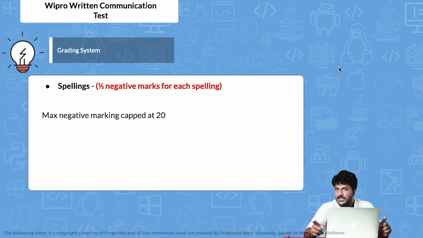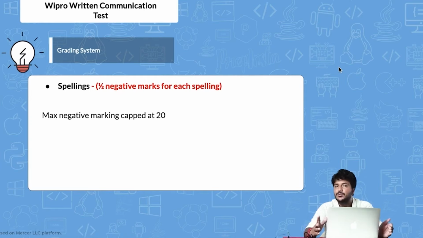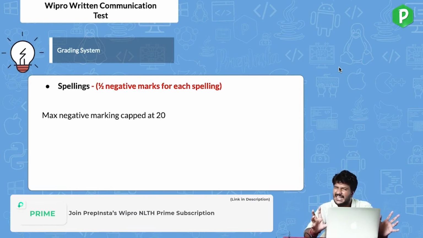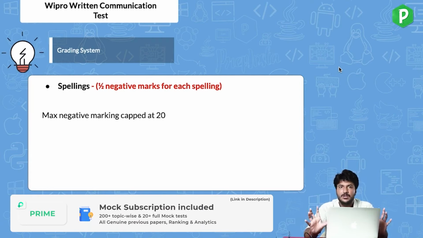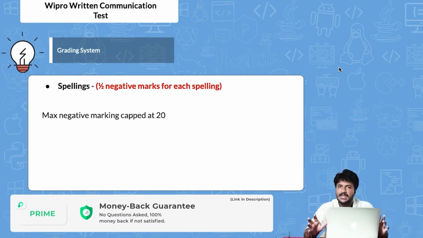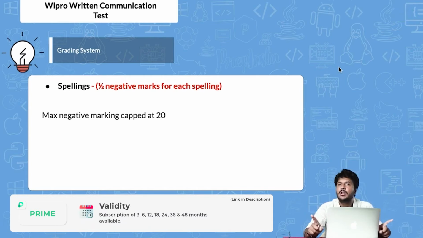So the suggestion I would like to give here is, if you do not know the spelling of a particular word, if you're even a little unsure whether it's the correct spelling or not, probably use a different word. What a lot of students do is try to use a lot of fancy words which they are unsure about the meaning, the context, and the spelling also. Do not do that. The AI is not going to give you better marks for using fancy words. I'll also tell you in the next slide how that happens. But necessarily do not use fancy words. A simple essay is perfect, no problem, but do not make spelling mistakes.